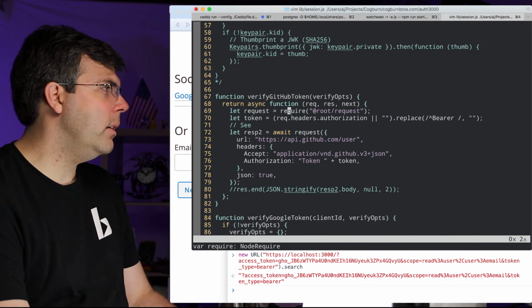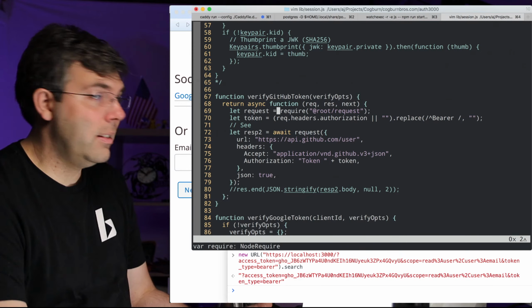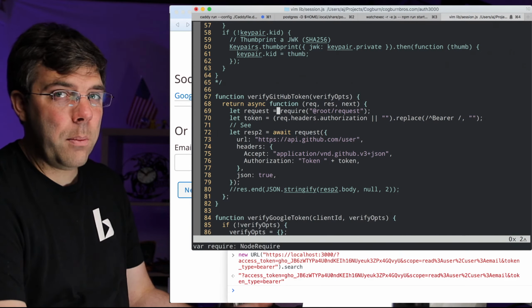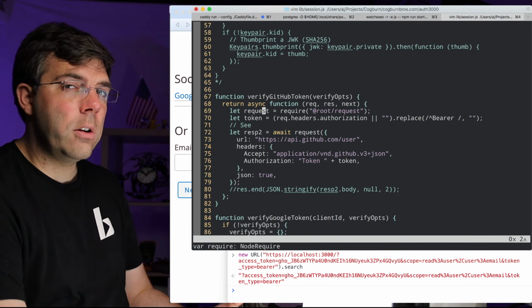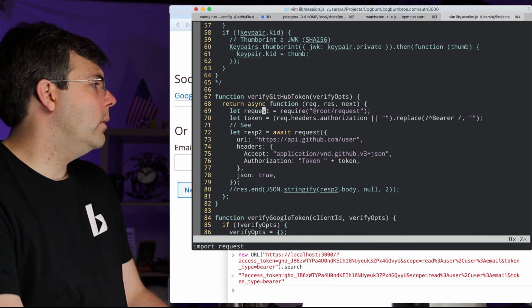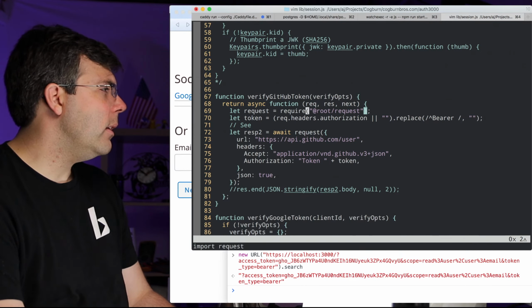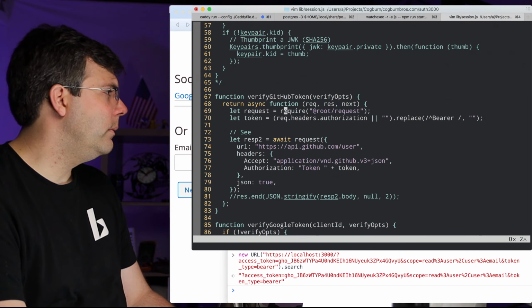But if you're in the middle of a refactor, it's kind of annoying to deal with those types of problems. So if you just lazy load a require, you can get around the circular dependency while you're refactoring and figuring out where things belong. So I think there's more benefits to lazy loading than there are detriments, but there are detriments. Anyway,